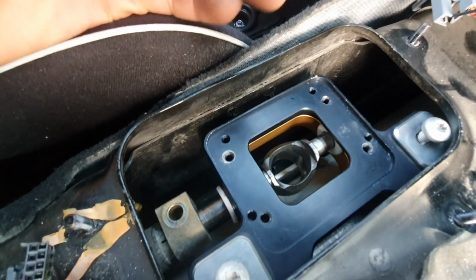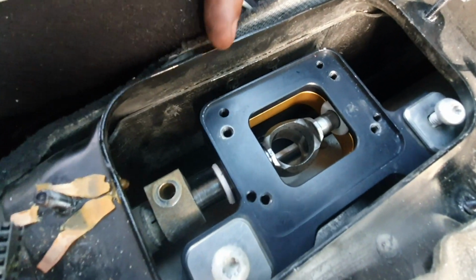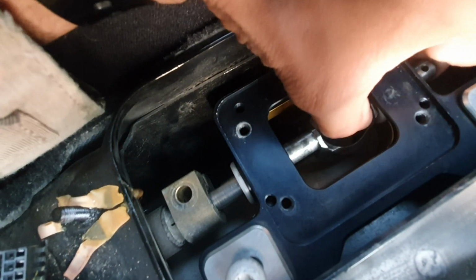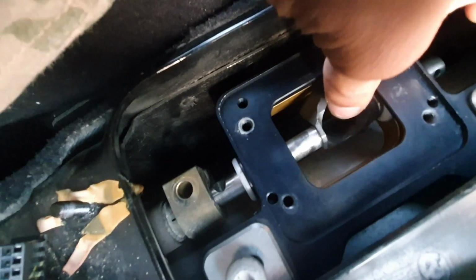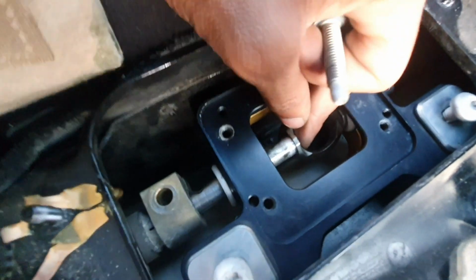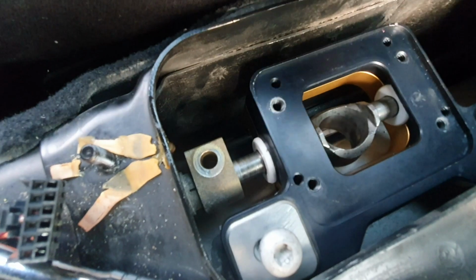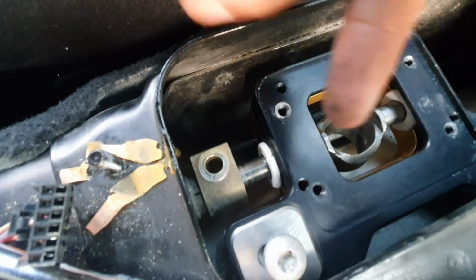All right, y'all, so as you can see, I got the shifter box in place. I just have these holding it right now so I can get the actual shifting shaft, I'm going to call it, aligned and bolted up. So as you can see, the shaft right there has that indent. So what you want to do is push that shaft back just so the point where that indent is right where your bolt will go through. So what that bolt does is it holds the shaft